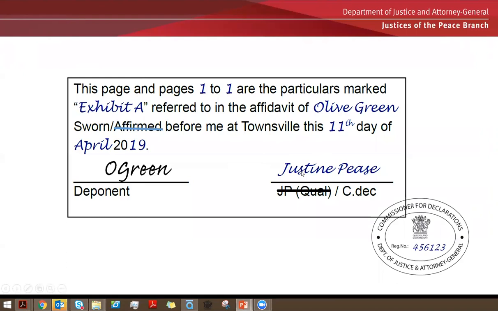Now that would have to be accompanied on each exhibit. So we would have to do this 4 times for Exhibit A, B, C, D. If it is multiple page, you have to reflect that information here. You do not have to sign the actual exhibits themselves. You only have to sign this certificate of exhibit.